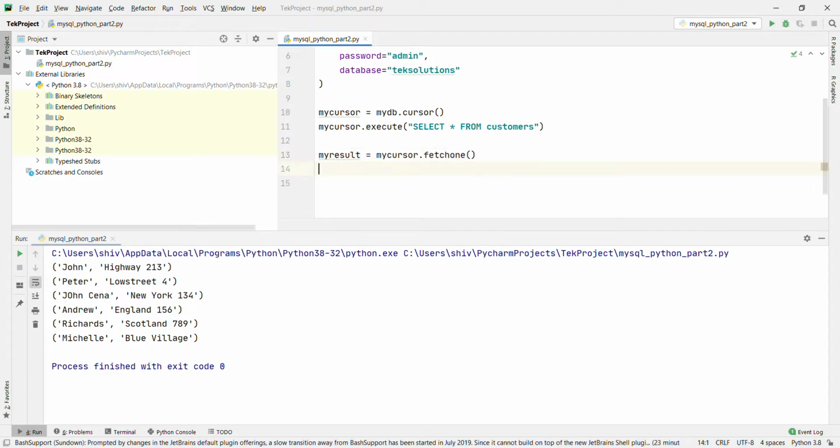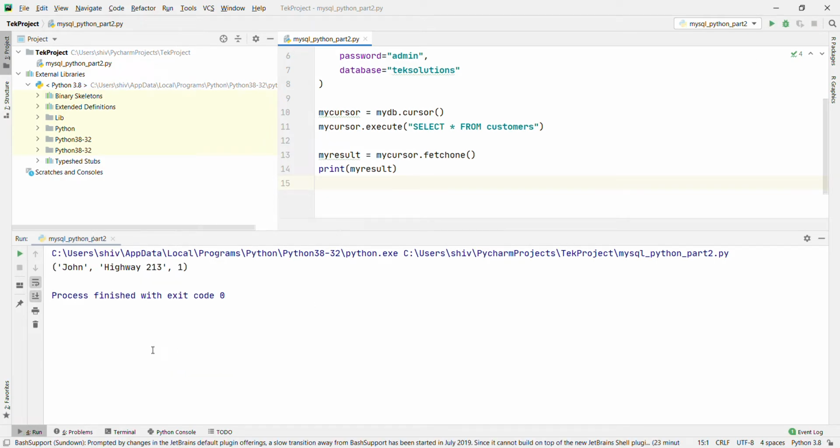Okay, and then print myresult. We don't need to loop this one because we are getting only one result. Let's run and see. Right, the first row is John, Highway 123.